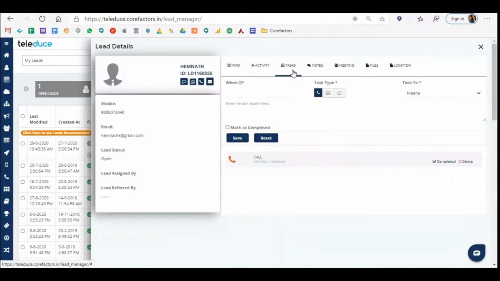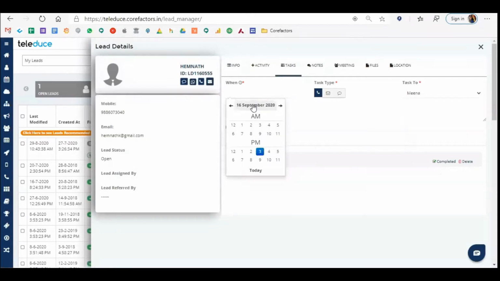So we do a lot of follow-ups with our clients when we are getting leads. As in, when we get leads, we do a lot of follow-ups. For example, we do payment follow-ups, we do proposal follow-ups if we have shared any information, or we'll see if we can have a management meeting with them, or any other sort of information or follow-ups that we want to do. We can create it.